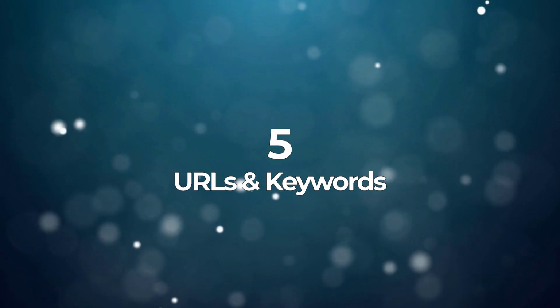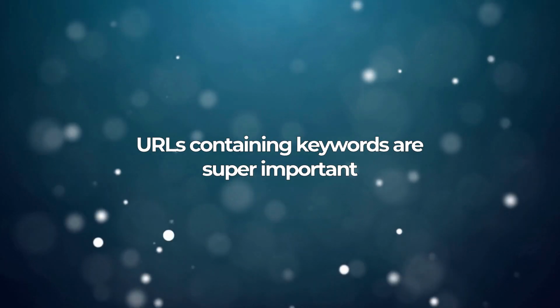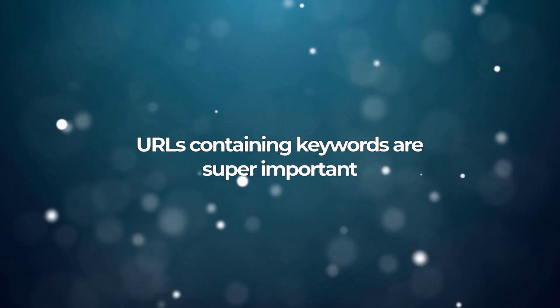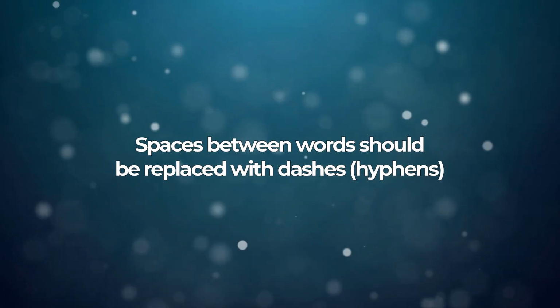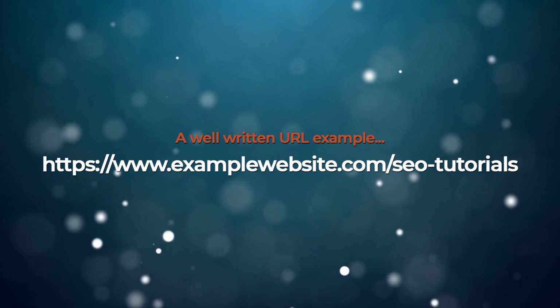Number 5. URLs and keywords. One of the most fundamental on-site SEO tips is URL structures rich in keywords. URLs should be written in such a way as to correctly target your keywords. In URLs, spaces should be replaced with dashes and words should not form one long string of characters. A good URL example would be